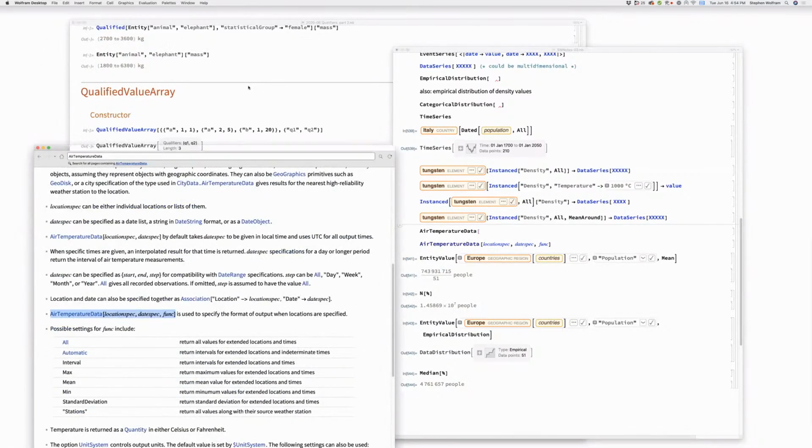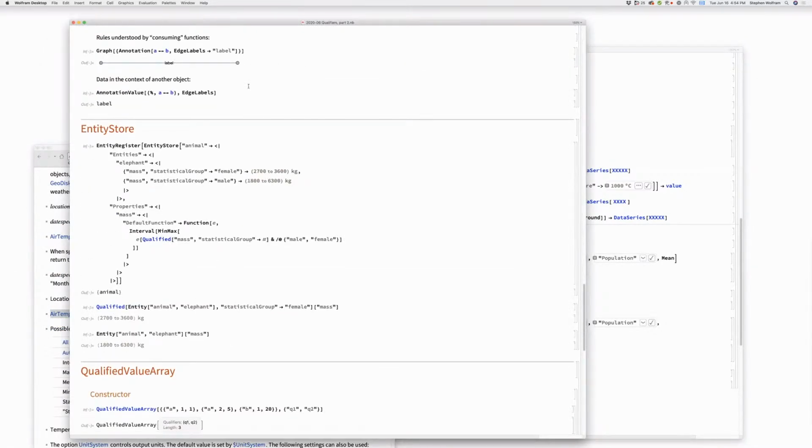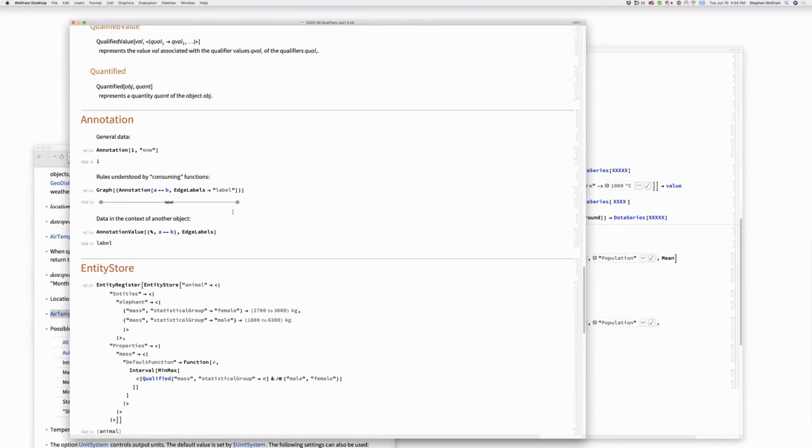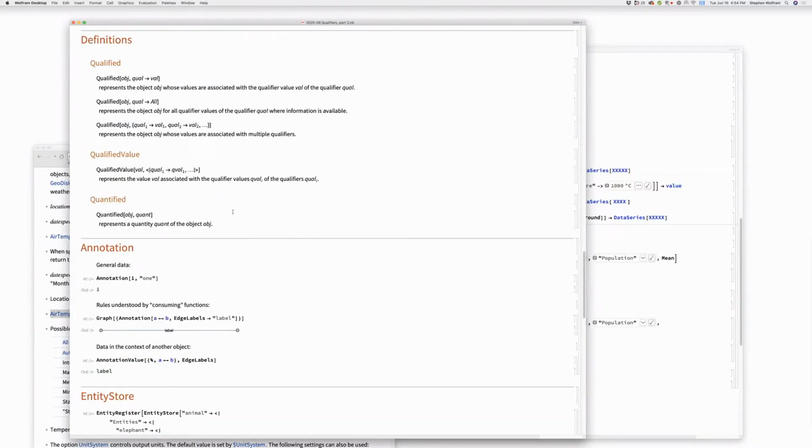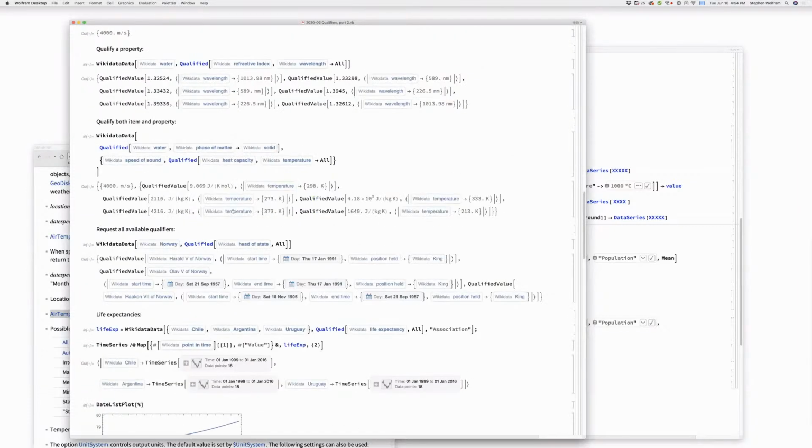Let's see. Okay, so let's look. This is how you do it in Entity Store. Okay. So let's look here. I think Brett just joined. Yep. Okay. This is another can of worms. What's happening here? In our modern version, this would turn into a data series. It's not completely crazy. A data series which says,